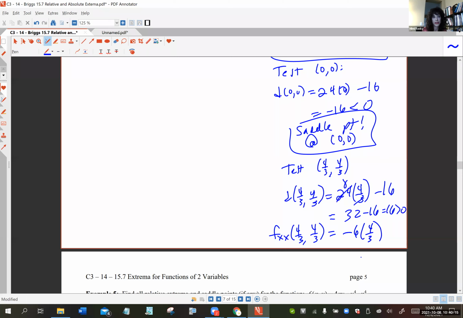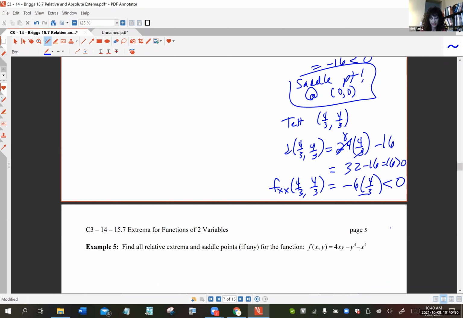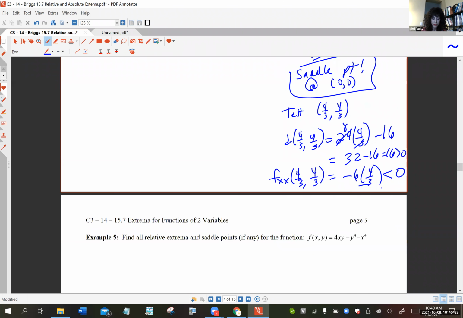A negative times a positive is obviously a negative. So I'm just going to go negative. I'm not even going to evaluate it to go get the number. Can I do that on a quiz? Yeah, because it's obviously negative. So now what? If D is positive, but fxx is negative, we have a relative maximum at the point 4/3,